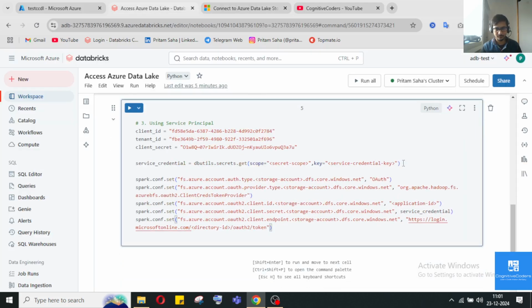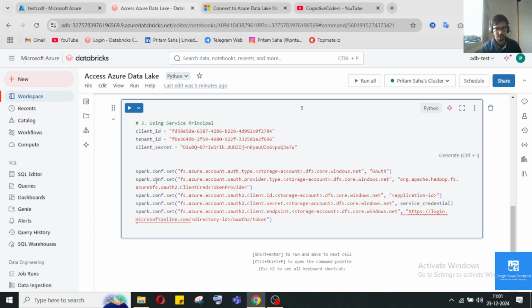Here we will not use this thing. As I told you, we are not using Databricks secret scope, so we will not use it here. So we'll just change these things. Test ccdl. Okay, we'll copy and paste it everywhere. Then here, here,